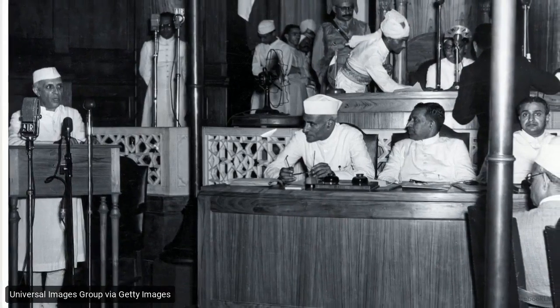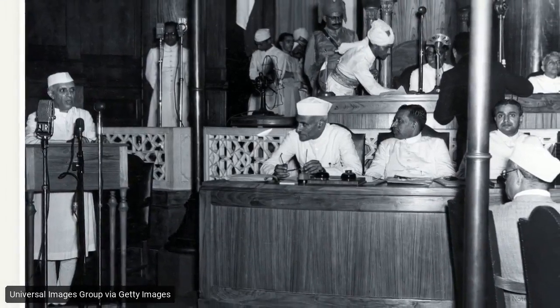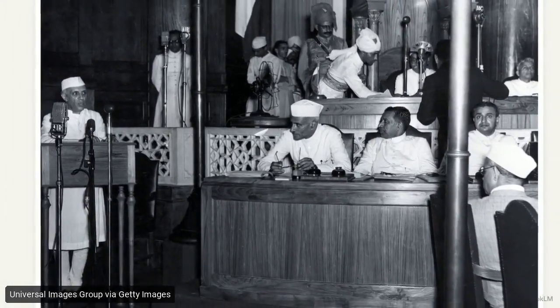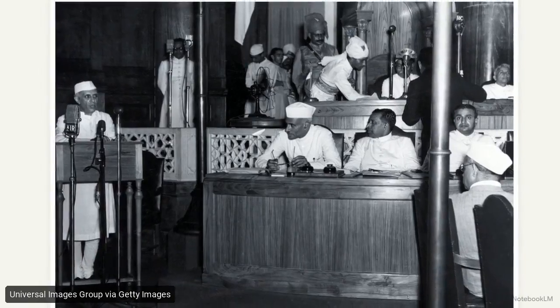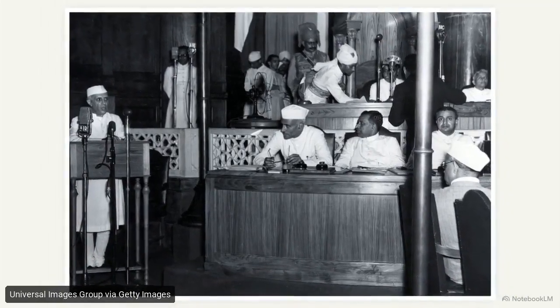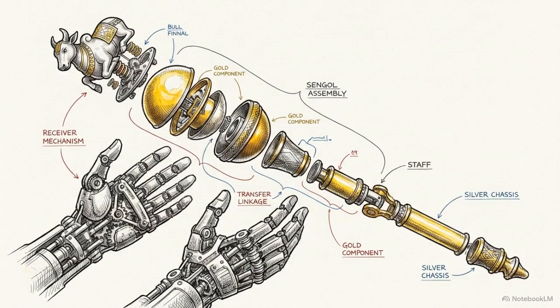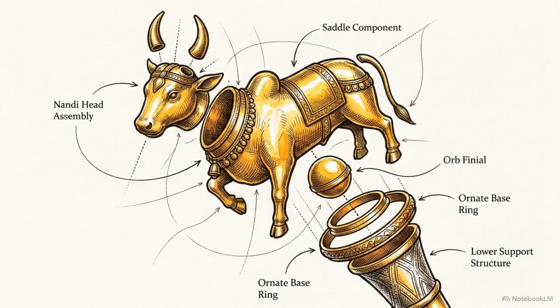On August 14, 1947, this transition became officially recognized as the first Indian government in control of its own governance. To mark the occasion, a silver scepter, the Sengol, was handed to the first prime minister. Dating to the Chola period, this scepter features Nandi at its peak, representing Dharma and the expectation that power is